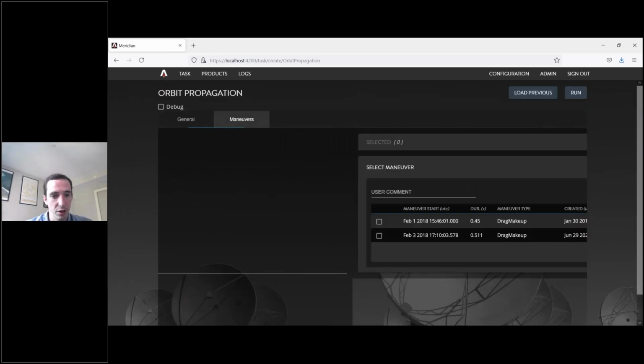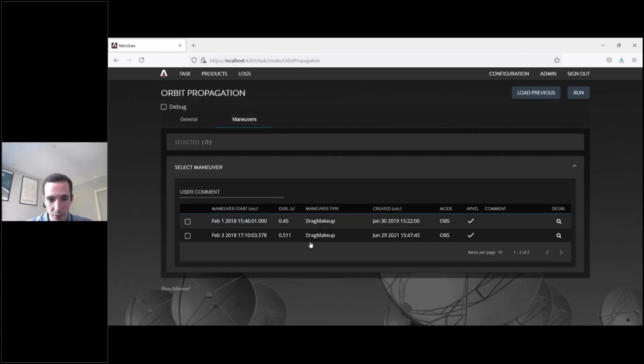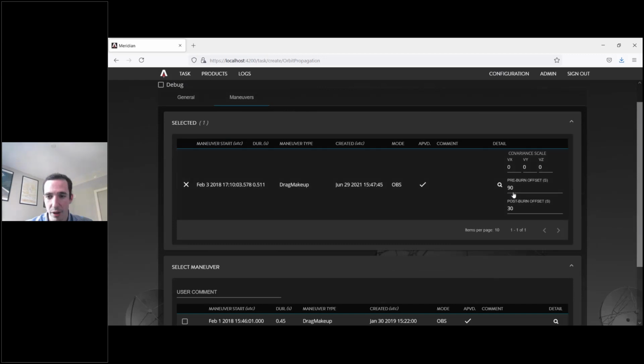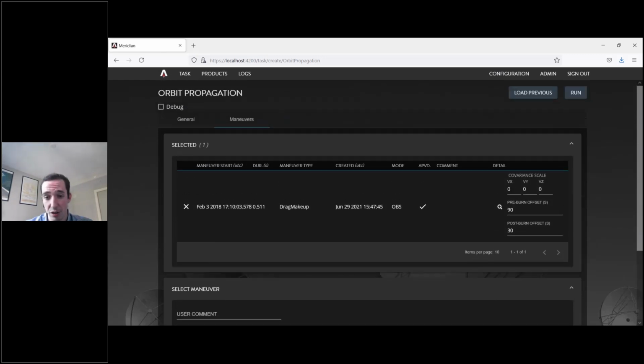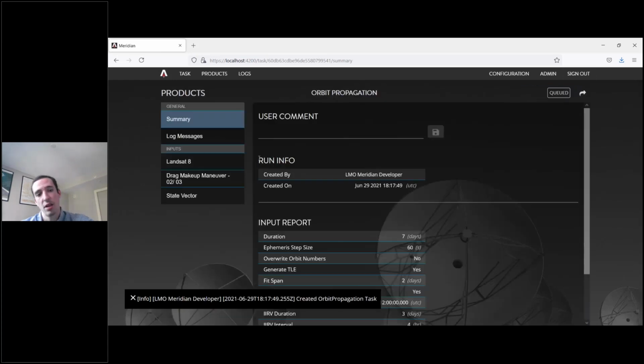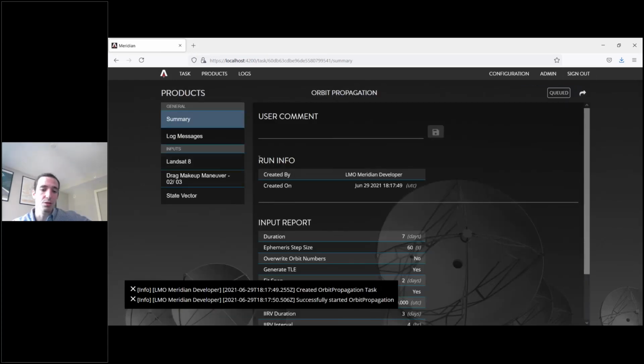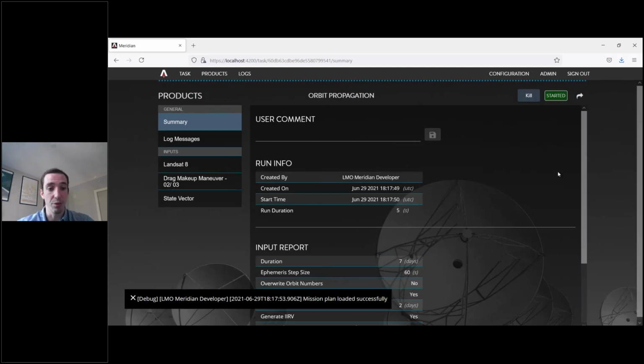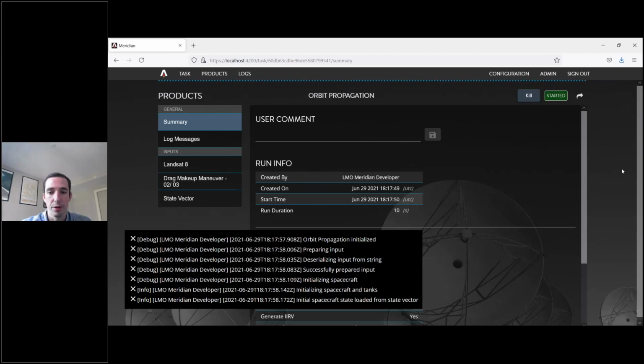And then I'm going to click over to the maneuver tab. I'm going to select that approved maneuver. It's going to bring it up to the selected tab, and I'll now have the ability to inflate covariance over the maneuver if I want to. But I'm going to leave it as is for now. I'm going to run the task, and this is going to generate a predicted ephemeris for us, which is going to allow us to